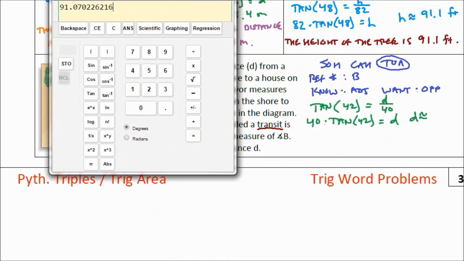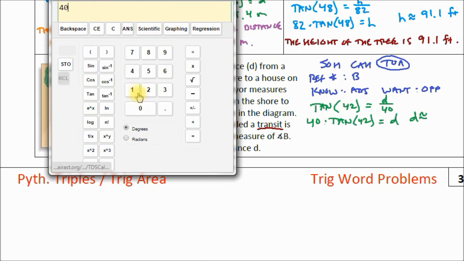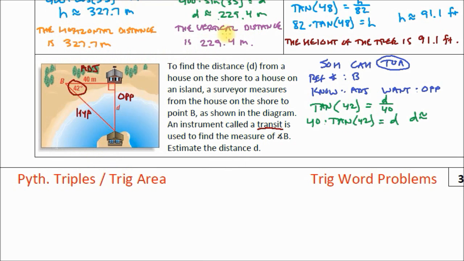We got 40 times tangent of 42 degrees, press equal, and it's 36.01. So we're going to round that to 36.0. So our final answer is,